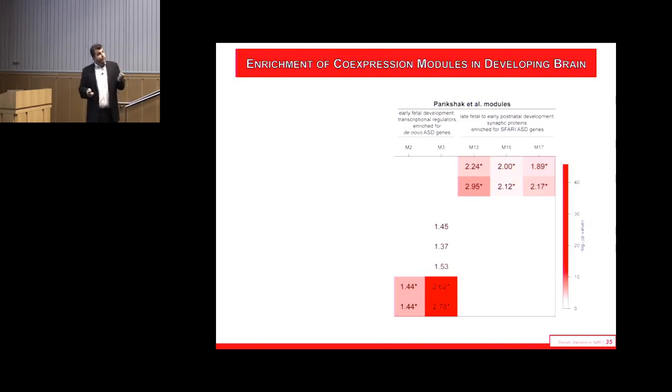And in fact, what we find is the genes that are bound by CHD8 are strongly enriched in exactly those same time points, whereas the other set of genes that are indirectly downregulated by CHD8 and associated with neuronal differentiation and synaptic formation are actually associated with the co-expression modules that were found later in development.